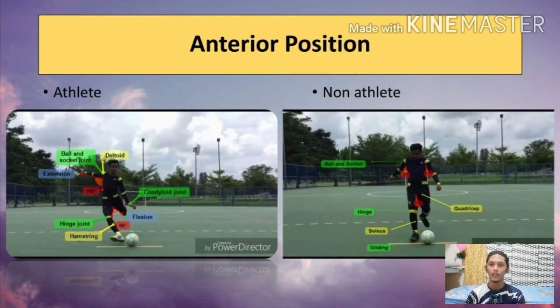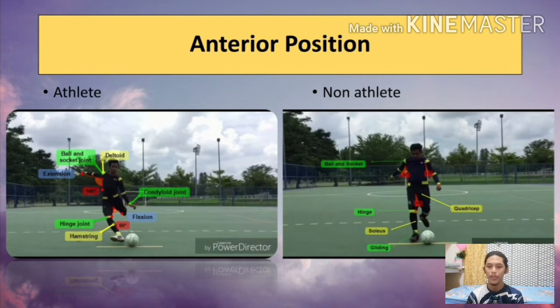So we move to the next phase, which is the action phase. Firstly is the anterior position. From the anterior position, the angle between the legs for the athlete is wider compared to the non-athlete. This is because the athlete is in position ready to kick the ball, while the non-athlete's legs are very close and the power that will be produced is less compared to the athlete to kick